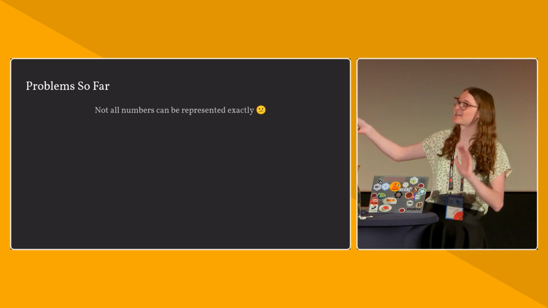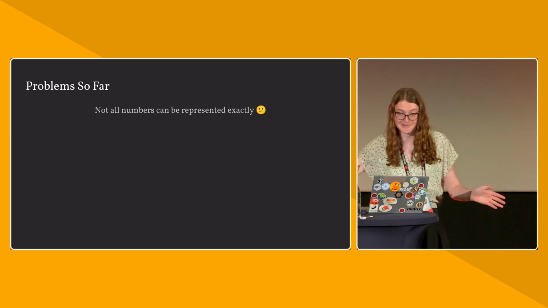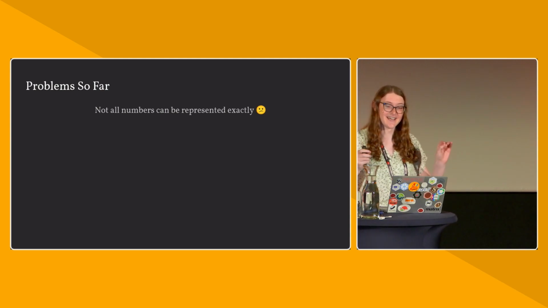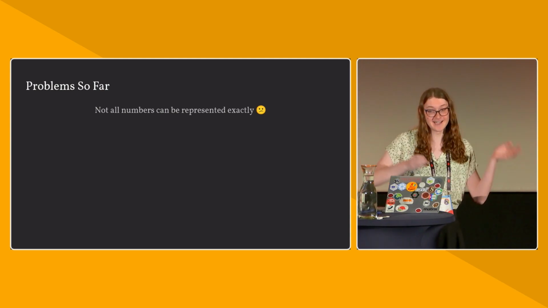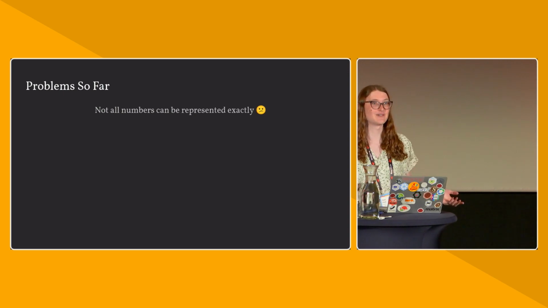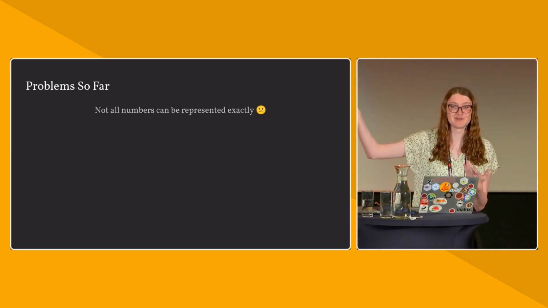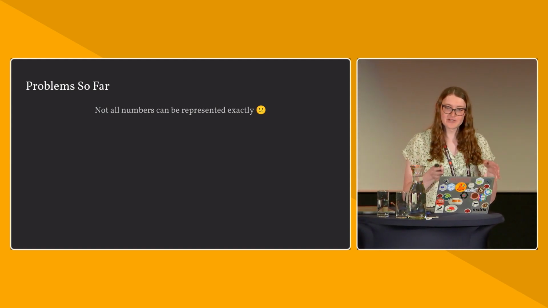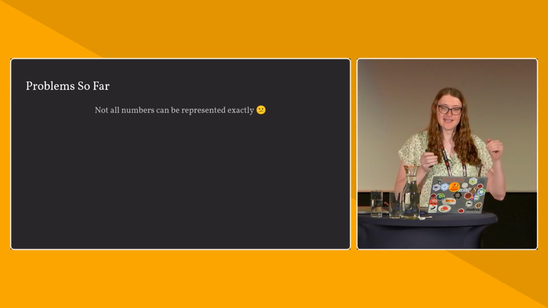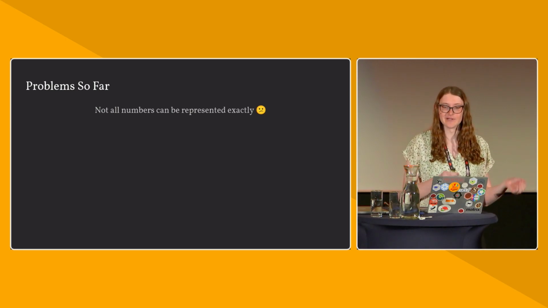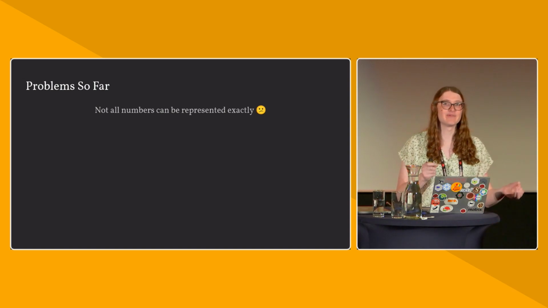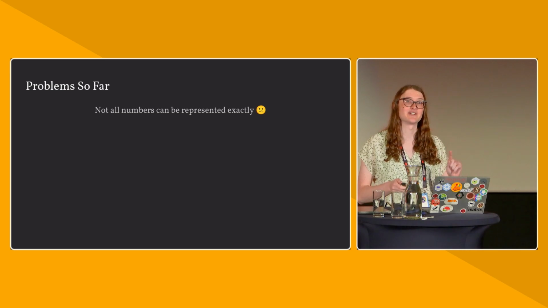This is our list of problems, and we're going to build up this list as we go, but that's one problem. We found one so far. Not every number can be represented exactly, and it's not intuitive as to which ones can and which ones can't. Unless you know exactly what you're looking for, all of those integers look the same to most people. And this can cause issues for hashing. When you're trying to hash a floating point value, it's very easy to hash one number, but actually hash something else. You might think that you're hashing that 217, but the internal representation is actually slightly different. And I know what you're thinking, but don't worry.